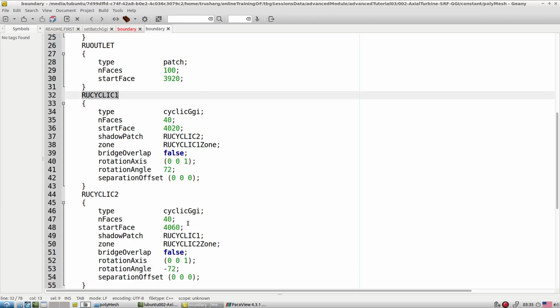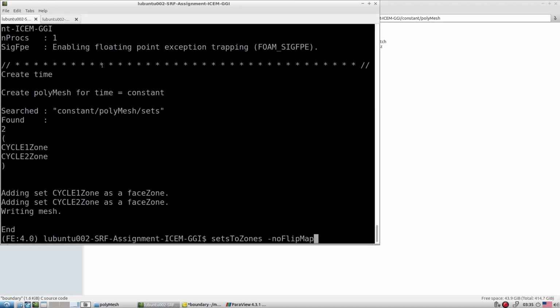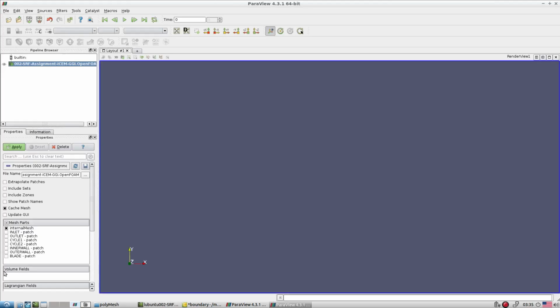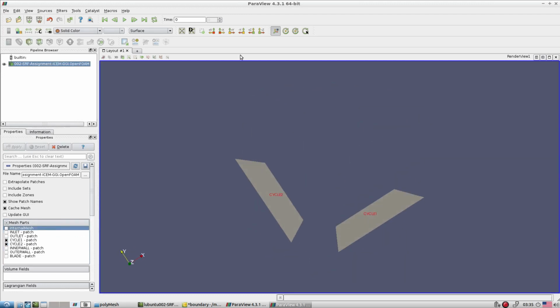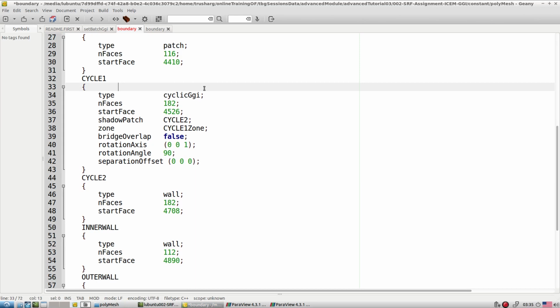So in a similar line, let's observe how much rotation is required for our boundary case. Okay, so let's go to our area. Here, paraFoam. Okay, we have cyclic 1 and 2. So look, cyclic 1 and 2, and let's observe in the z direction. So from cyclic 1 to 2 I require positive 90 degrees, from 2 to 1 I require negative 90 degrees along the z axis. So that is the change we have to do here. So 90 degrees from 1 to 2, and from 2 to 1 again we require minus 90 degrees.